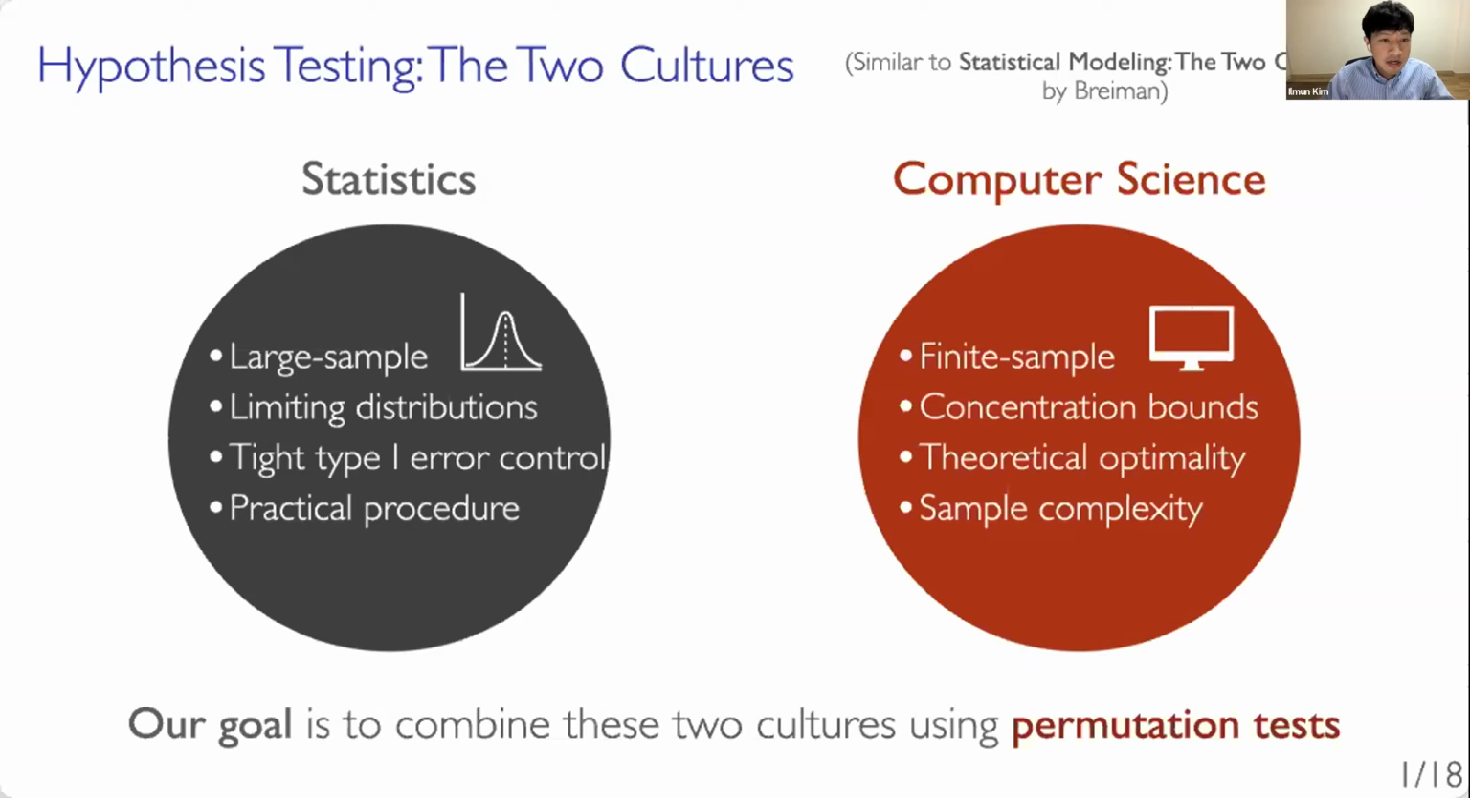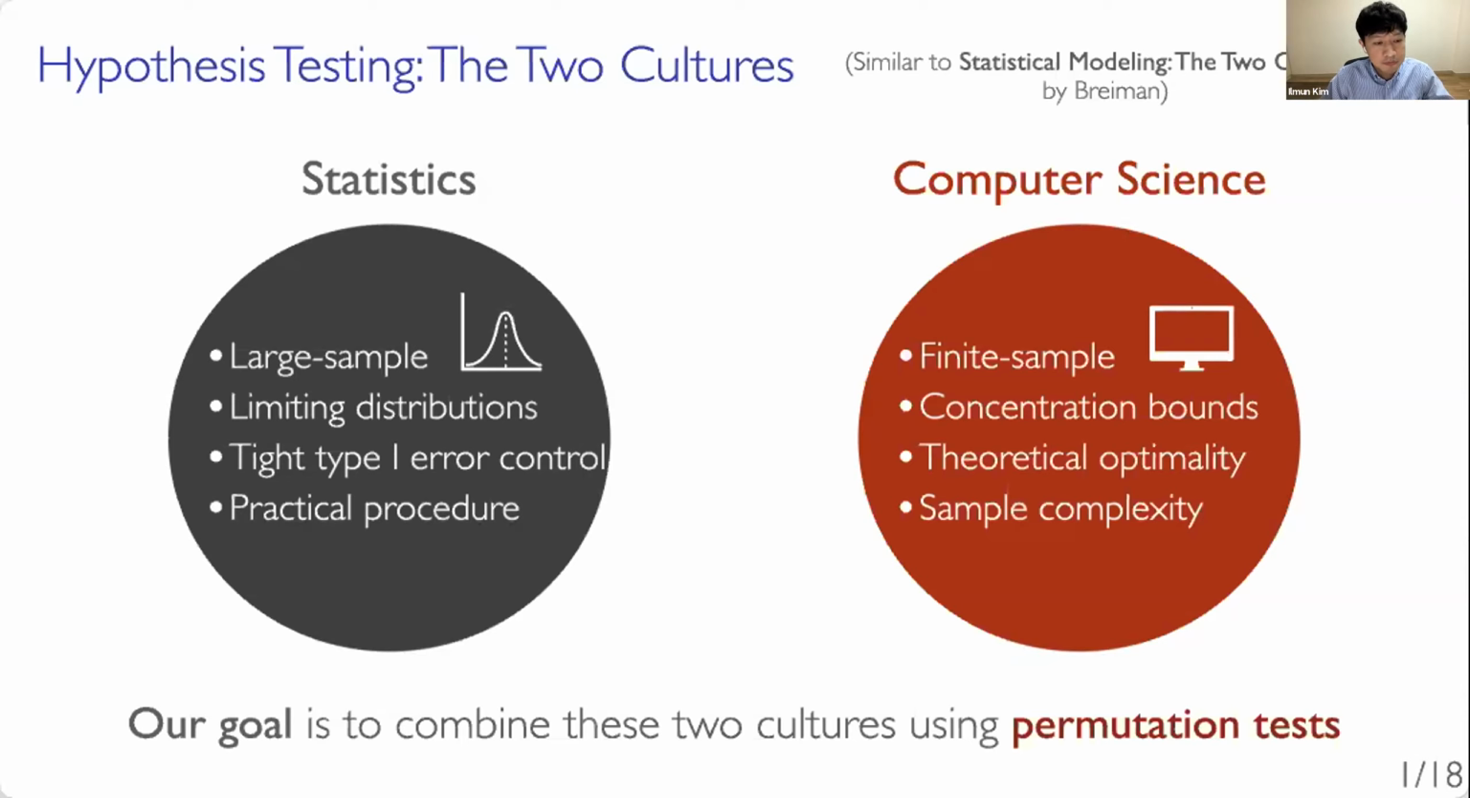So we often rely on large sample theory to understand the limiting null distribution of our test statistic. In computer science, on the other hand, people are not so interested in tightly controlling the type 1 error rate, but they are more concerned with theoretical optimality of a given test, mainly in terms of sample complexity. And they typically make use of concentration inequalities to analyze their test that comes with a finite sample guarantee. However, the resulting test often depends on unknown or very large constants in their critical values, which brings up